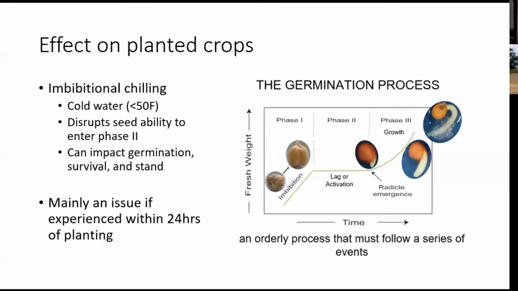And so if our soil temperatures were above 50 at the time of planting, and they were fairly good from a moisture perspective, I don't know if this is a major worry for us this season. It could be an issue if the soils were dry, planting was a little bit on the shallow side, and we got really cold rain. That could potentially cause some issues. But if you're past that imbibition phase, which occurs roughly in about the first 24 hours, imbibitional chilling probably is not going to be a major problem this year.